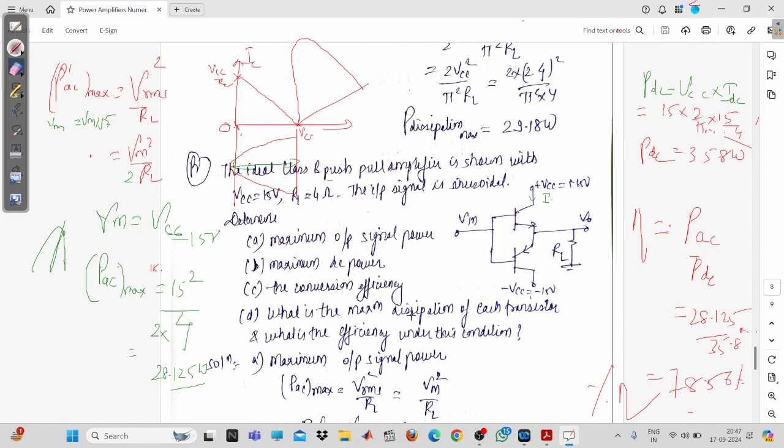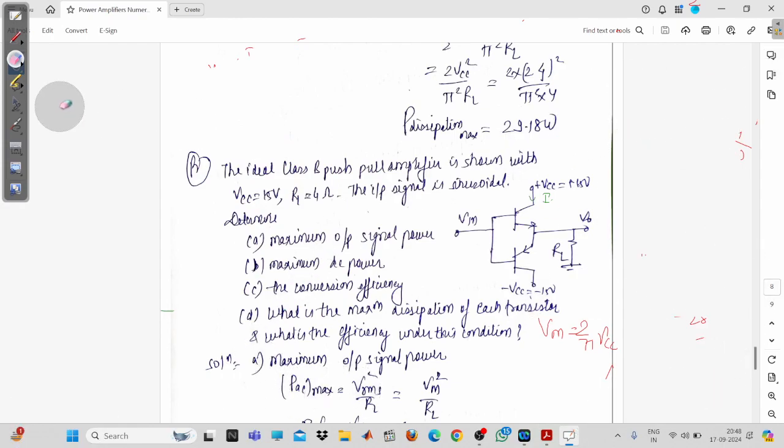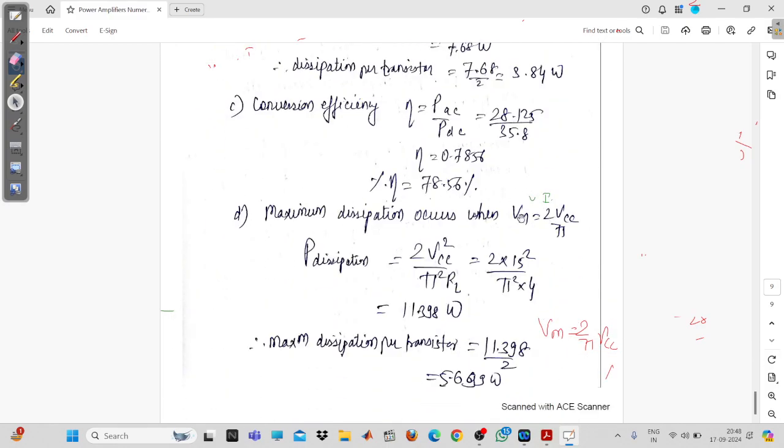Now the maximum dissipation. The maximum dissipation is going to occur at which condition? When Vm will be equal to 2 by pi VCC. Okay, so this is the condition which we have just studied. Okay, we'll move forward. So you can see when Vm will be equal to 2 VCC upon pi,